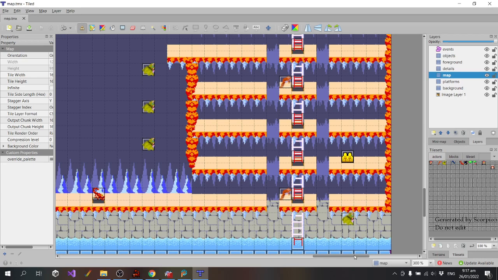That array gets sorted if the objects are out of order, so basically it sorts the Z buffer so that things on the bottom of the screen are drawn after things on the top of the screen, so you've got the correct sorting.